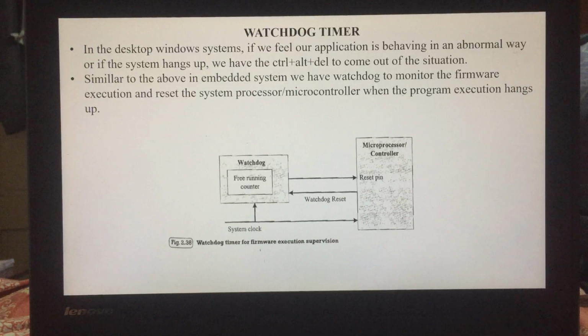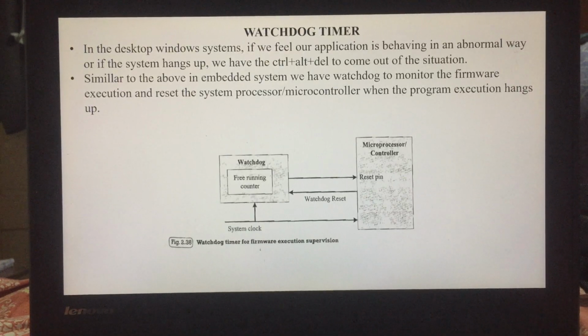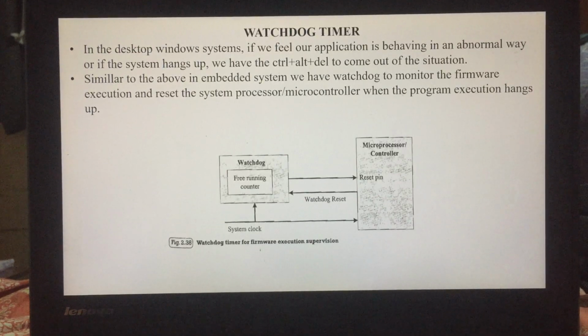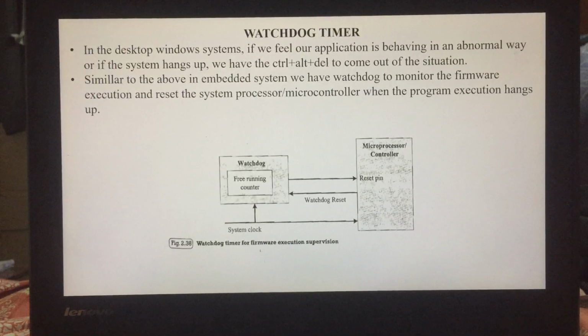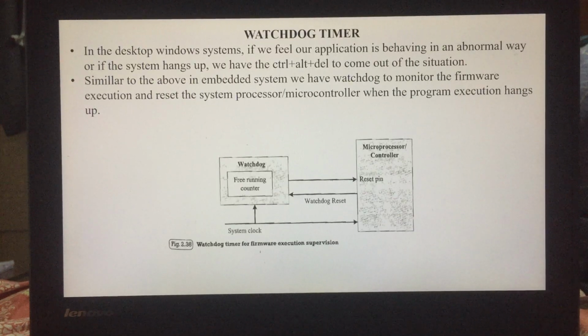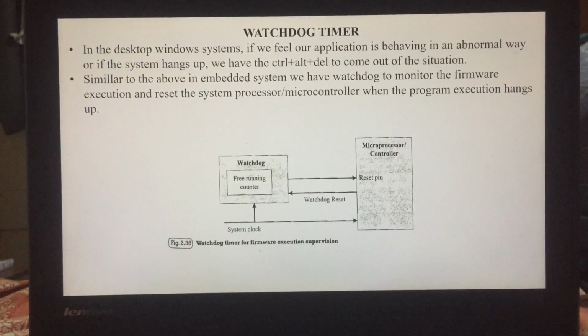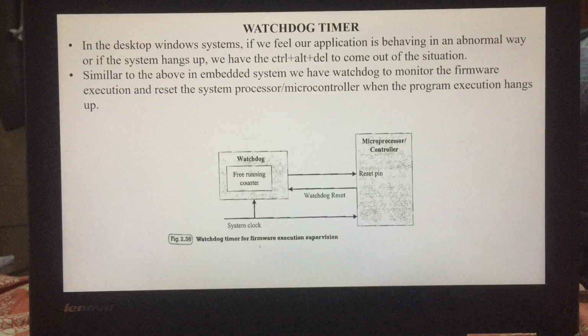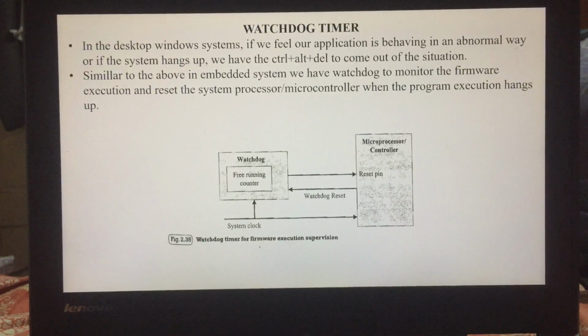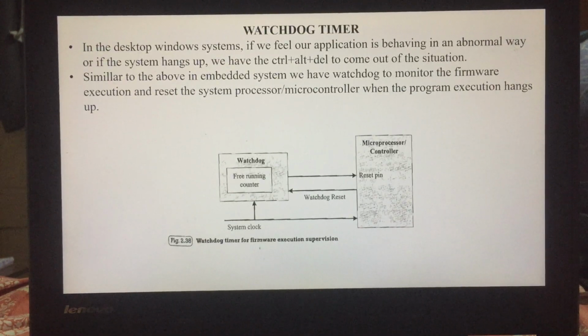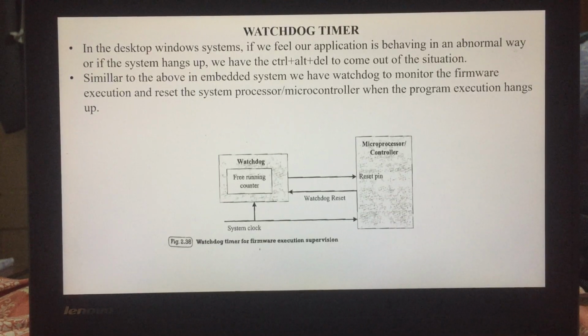Watchdog timer is a hardware timer. It is used for monitoring the firmware execution. Hardware timer means a hardware component performs the timer operation. Depending on the internal implementation, the watchdog timer increments or decrements the counter. The counter counts 1 for 1 clock pulse and generates a reset signal to reset the processor when the count reaches 0 in a down counting watchdog, and when the count reaches the highest count value in an up counting watchdog.